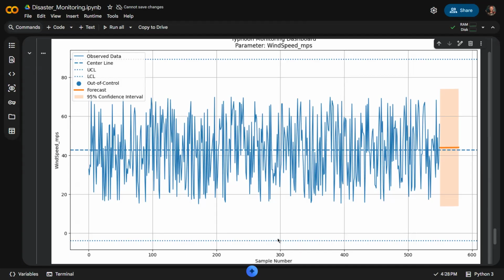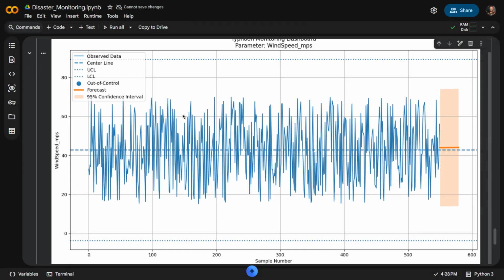The mean is slightly above 40, around 42 or 43. Based on our baseline data, which is not this one, we have the UCL, or upper control limit, and the lower control limit.